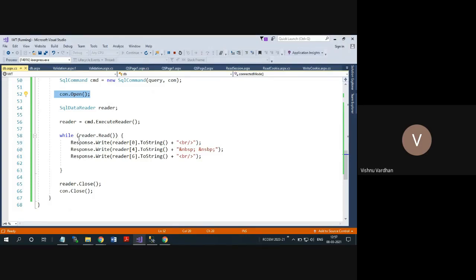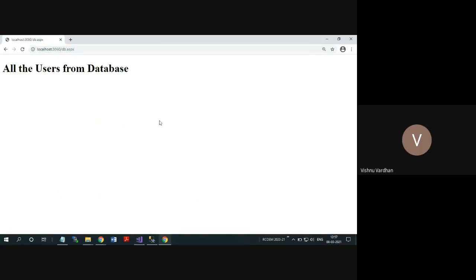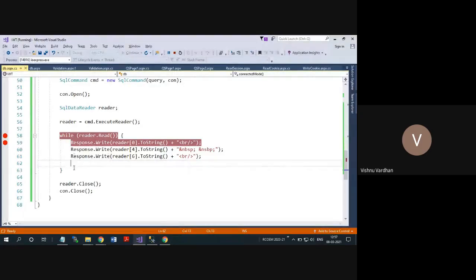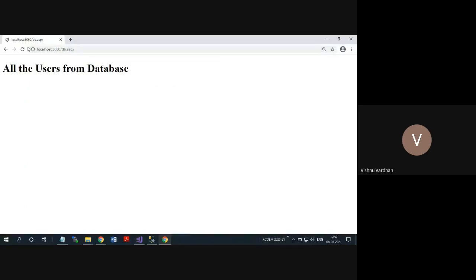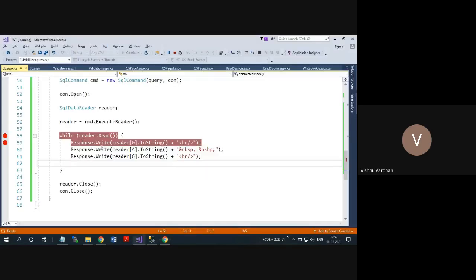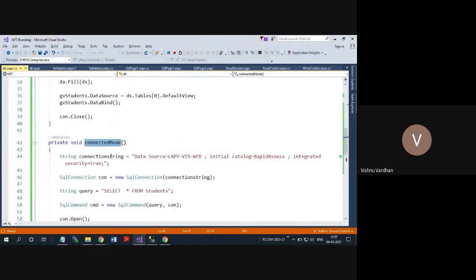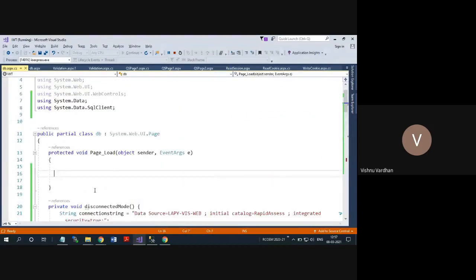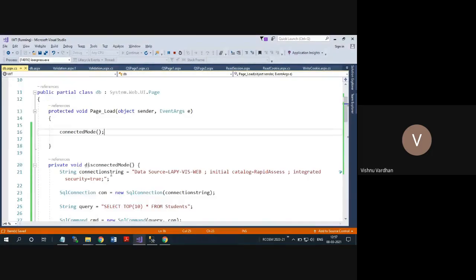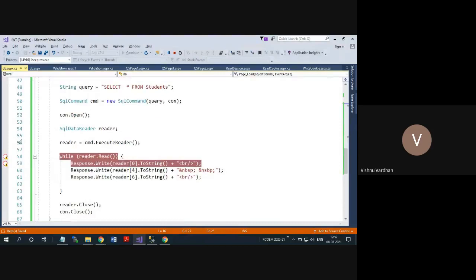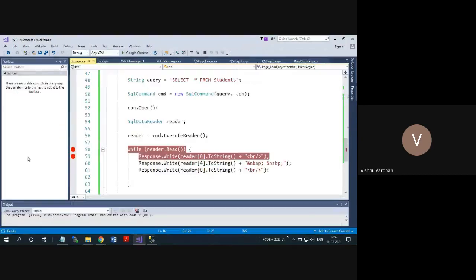First of all, we will see whether any data is coming into this or not by putting a debugger here. Suppose if I click this, oh my god, I have not called this method actually in the load. So we need to call this method, then only it will run. So that's why it is not working. We have not implemented that. There is no need to have this debugger also.